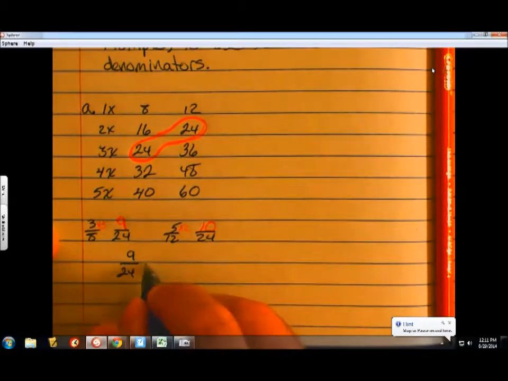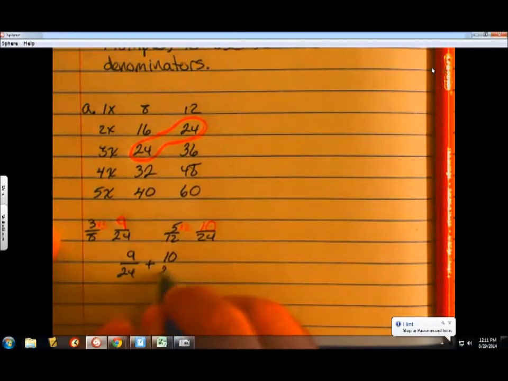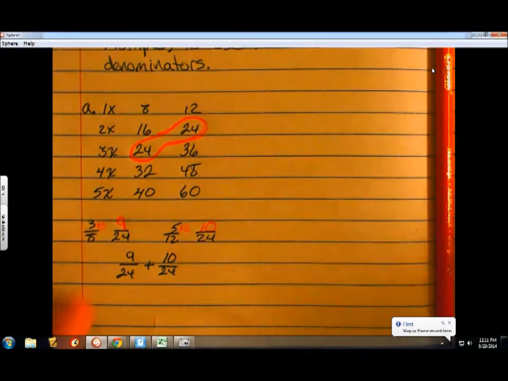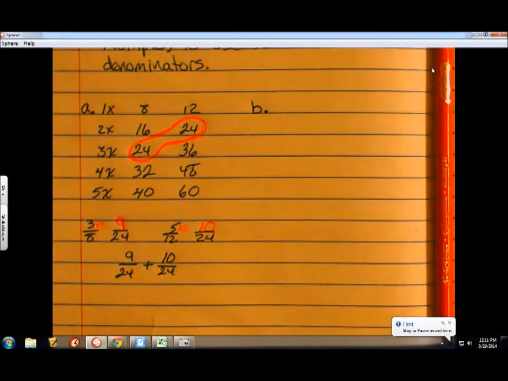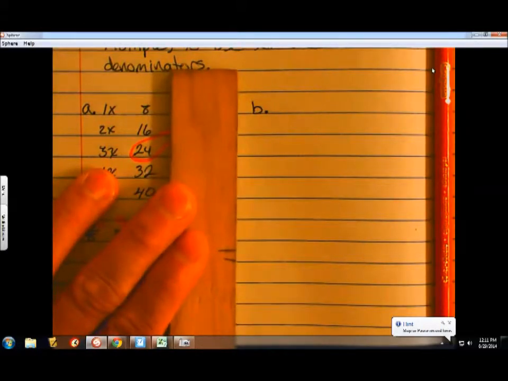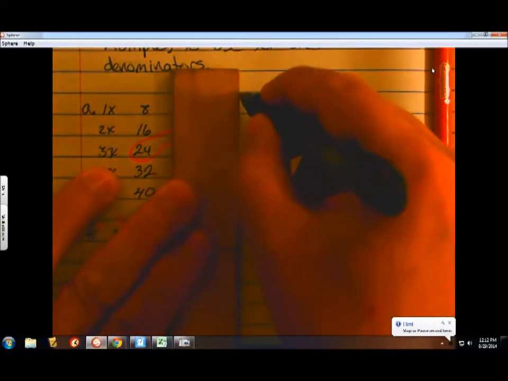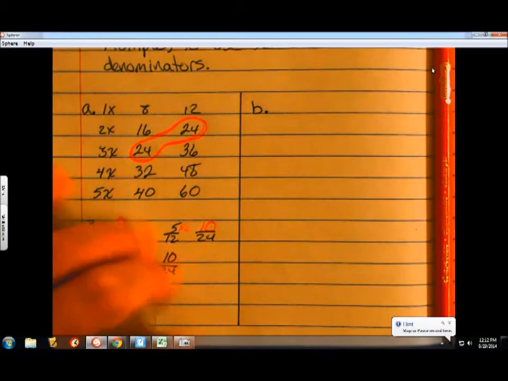So we'll rewrite them with the new fractions. So we have 9/24ths, and because we did additive inverse, now we're just adding a positive, and so it's 10/24ths. Those are our new fractions. So that is one way to find your least common multiple to use as a denominator,